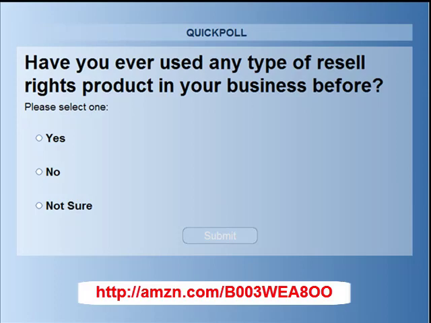Just choose one. 40% say yes, 62% say no, and 1% say they're not sure right now. So that's the vote as it is right now. And we got a good crowd tonight because they're voting fast. We got 76% of the vote in, and I'm going to share the results with you in just a second.